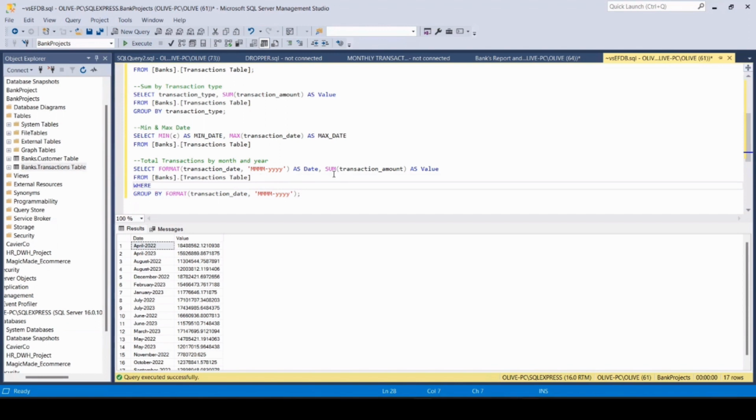the transaction dates, let's just copy transaction dates and paste it right here. Where transaction date is, let's just say, between January 1, 2022 and December 30, 2023, right? We don't really have anything. Where transaction date between